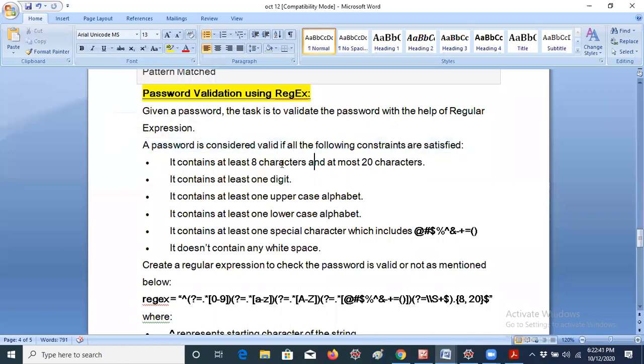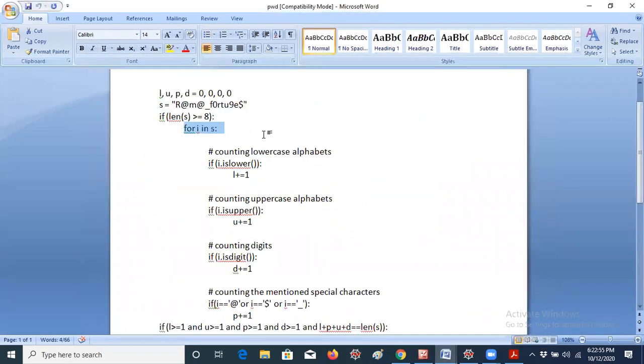Now the first condition. The valid password should be at least 8 characters and at most 20 in length. That means your password length should range from 8 to 20. But in the example we discussed earlier, it is only checking greater than or equal to 8. If I would like to check up to 20, then we have to give another condition: length of s less than or equal to 20. You have to give the and keyword. So you should think in that way, that's all. Because this programming is very easy, guys.